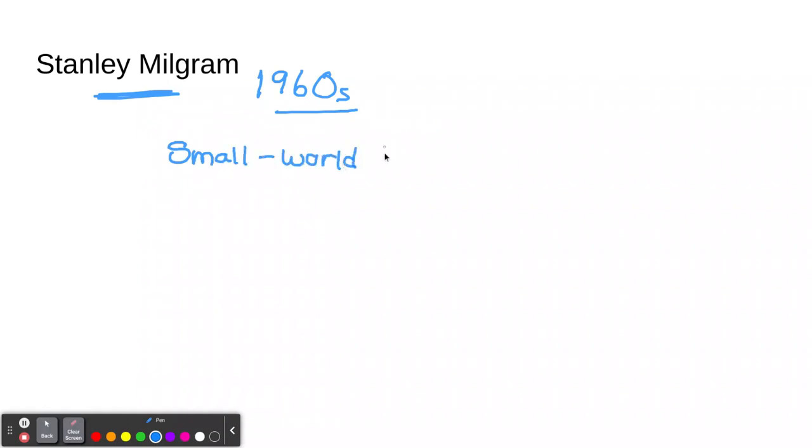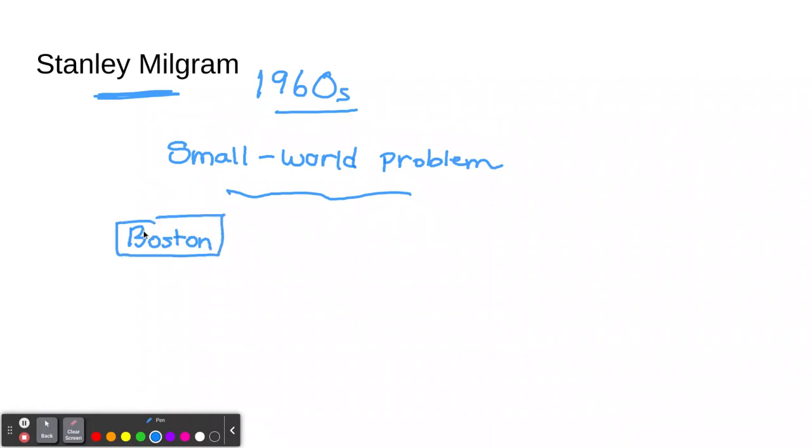So in the 1960s, there was a psychologist named Stanley Milgram, and he did an experiment. He called it the small world problem. And he called it a hypothesis. So he knew it wasn't a theory because it was just a hypothesis. And what he did is he conducted this experiment where people in Boston, and also people in Omaha, Nebraska, in these two cities, Boston and Omaha,